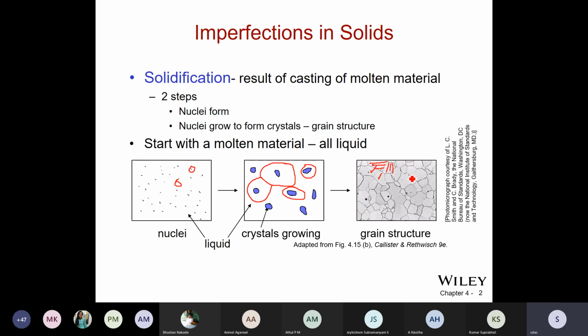So there is a boundary between the grains, and these are called grain boundaries. This is the structure. There is a grain boundary here, and everywhere I see a grain boundary in the structure. But if the material consists of one single grain, a large material, just like the turbine blade of a jet engine, then it is called a single crystal.